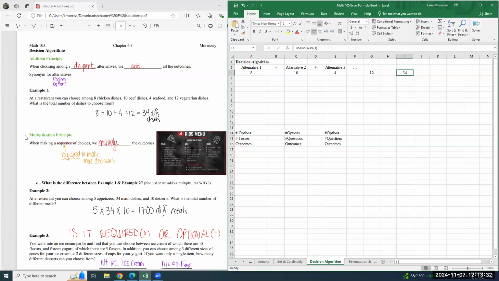Now, if we're talking about the multiplication rule, making a sequence of choices, so in one alternative, we have lots and lots of choices. Instead of adding across, what we would end up doing, and I can just delete all of that, and notice that this one will snap to 0. We can say this is the total number of options. Instead of having them all here, what I could say is that, okay, well, perhaps with your sequence of choices where we multiply, something is now